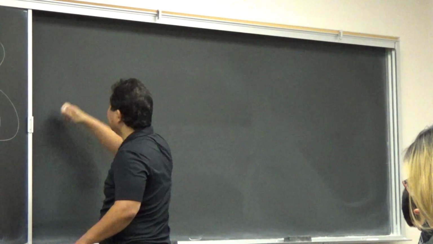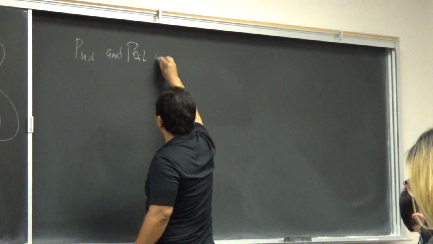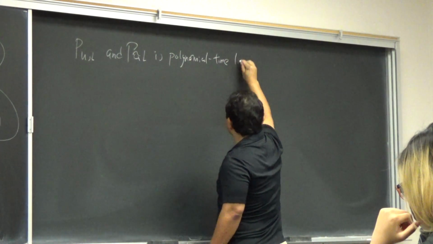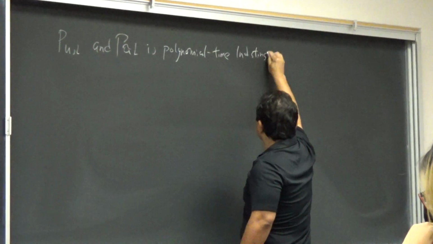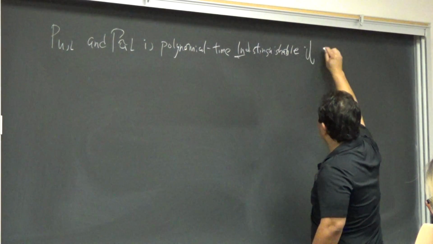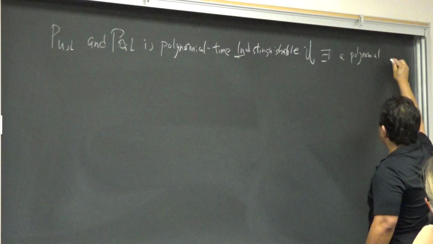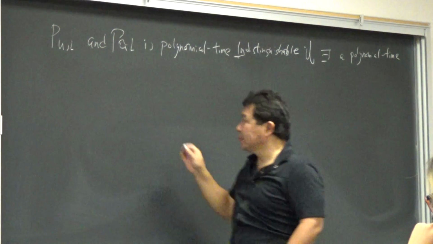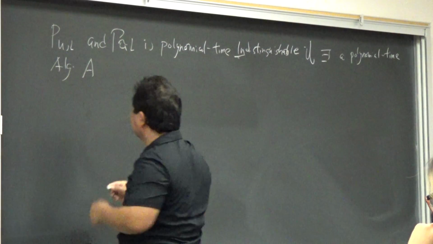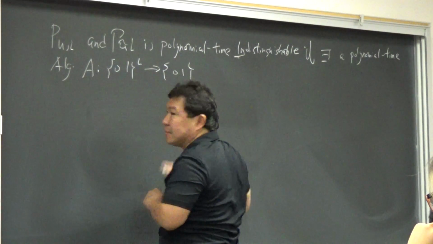I will say P_U_L and P_Ũ_L are polynomial time indistinguishable if there does not exist a polynomial time machine, algorithm A, such that